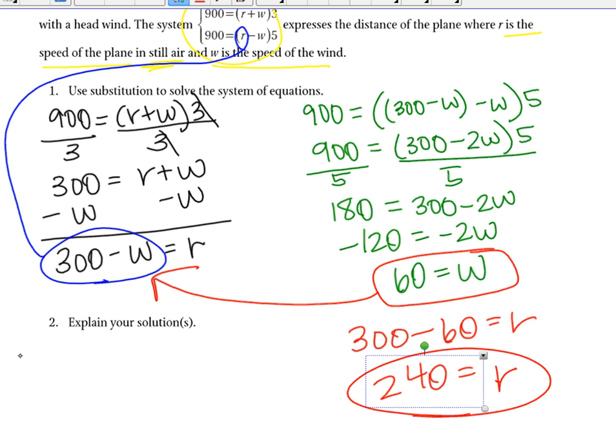Okay, so number 2 says explain the solutions. Well, it said r is the speed of the plane in still air and w is the wind. So what that means is in still air,